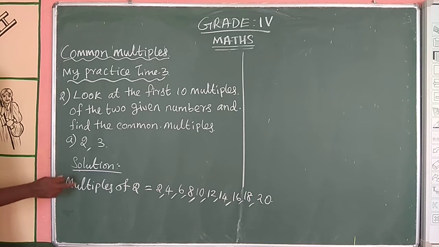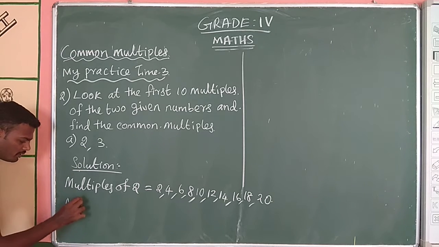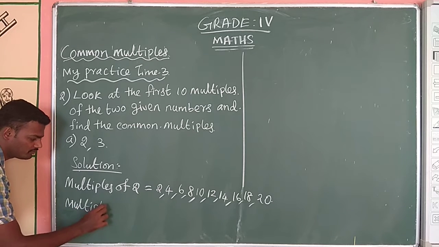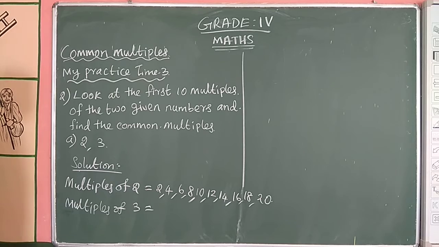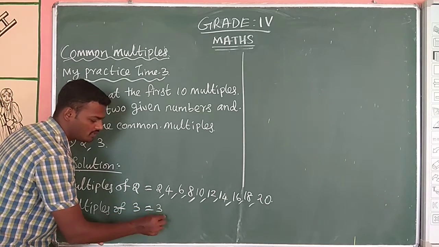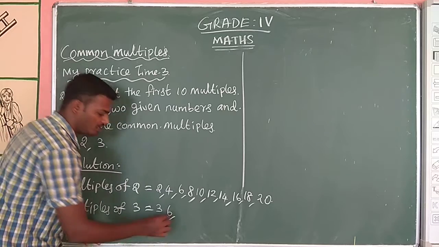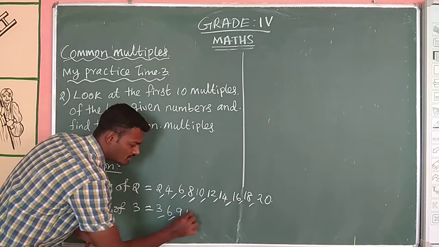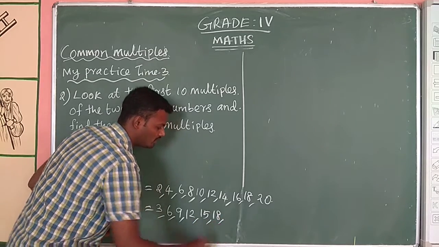Next we find the first 10 multiples of 3. First 10 multiples of 3: 1 3 is 3, 2 3s are 6, 3 3s are 9, 4 3s are 12, 5 3s are 15, 6 3s are 18,